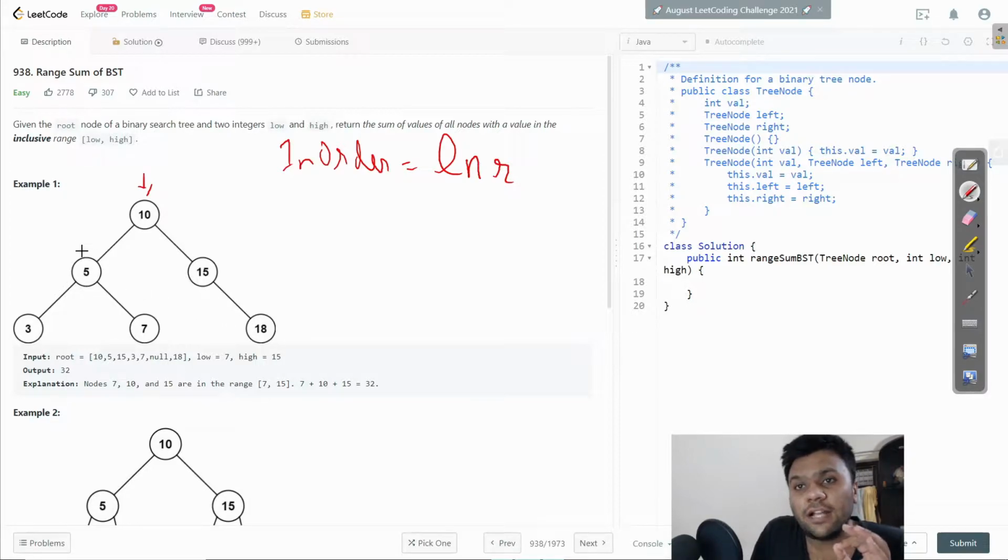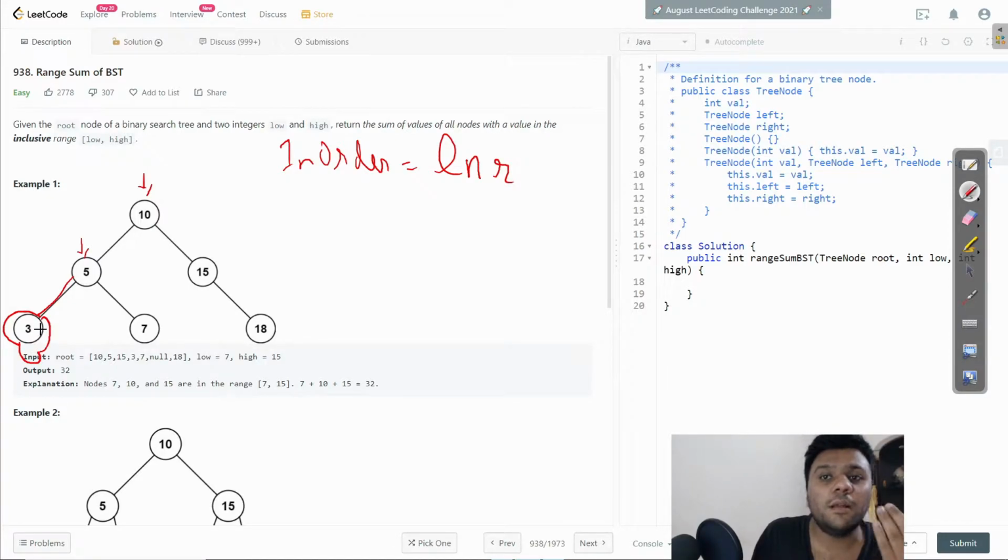Similarly, if I come over here to the 5, I have left and right. My left is smaller again, and my right has to be greater than my root node. Once I'm on the 5, I go for the left. I go over here to the 3. It will check whether 3 has any children. No, it did not have. So it goes for its left, it did not find anything. It goes for its right, it did not find anything. Then we simply return our sum.